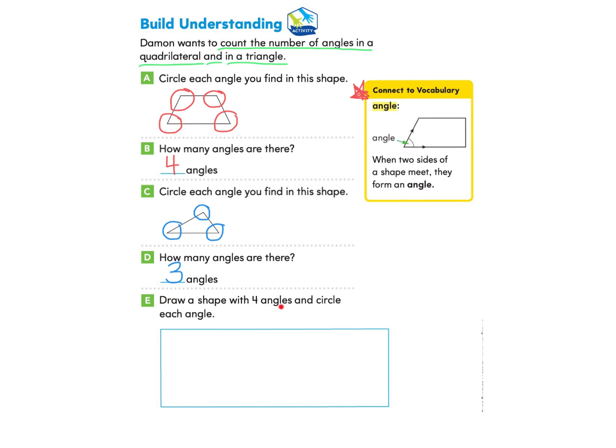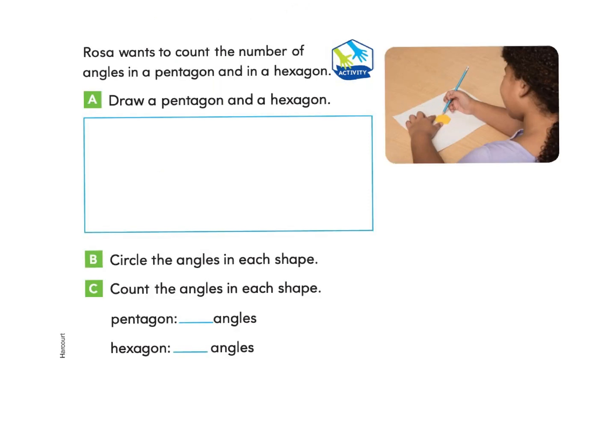Draw a shape with 4 angles and circle each angle. So you can pause and draw your own shape with 4 angles and then circle them, or you can follow along with me. I'm just going to draw a rectangle because I know that's a shape that has 4 sides and 4 angles. I'll circle those angles now. 1, 2, 3, 4. I have made a shape with 4 angles and I've circled all 4 angles. Let's take a look at the next page, page